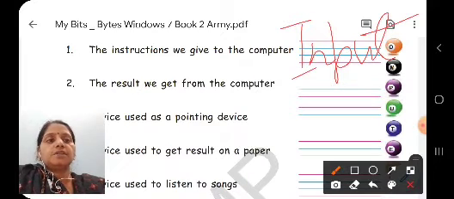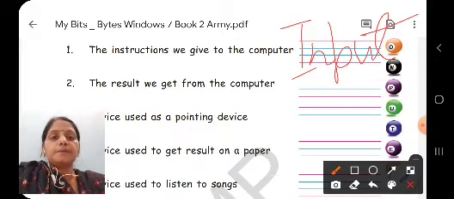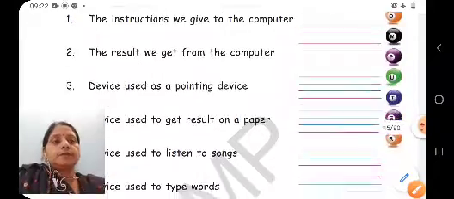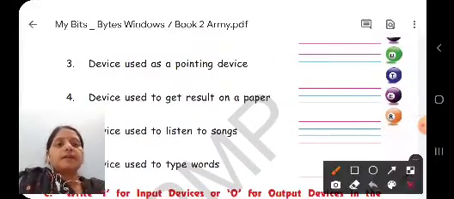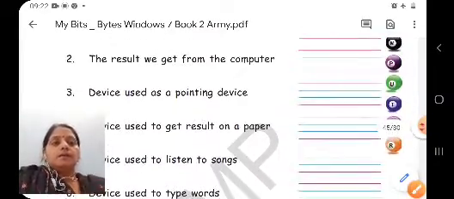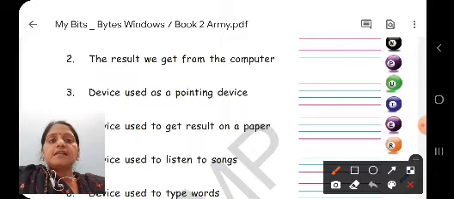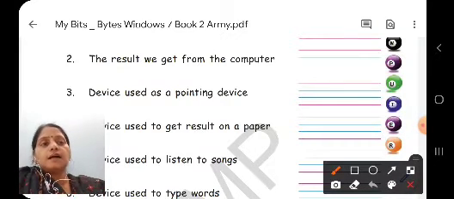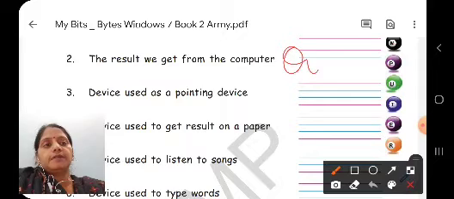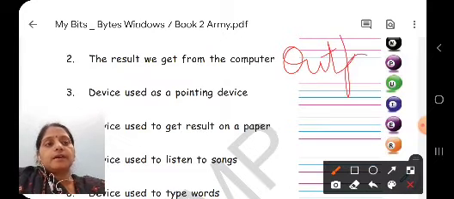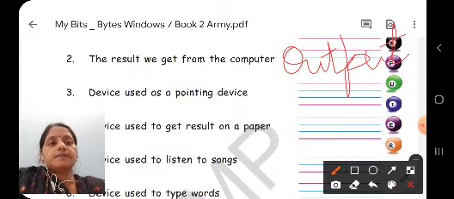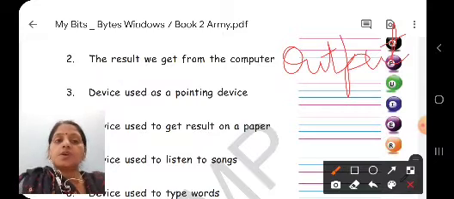Then children, second one, the result we get from the computer is output. So whatever we get as a result after the processing of input is called output.